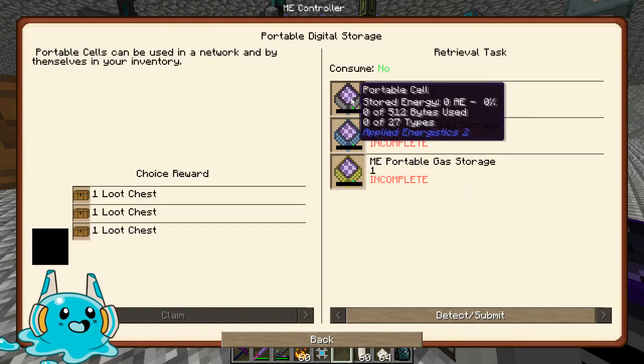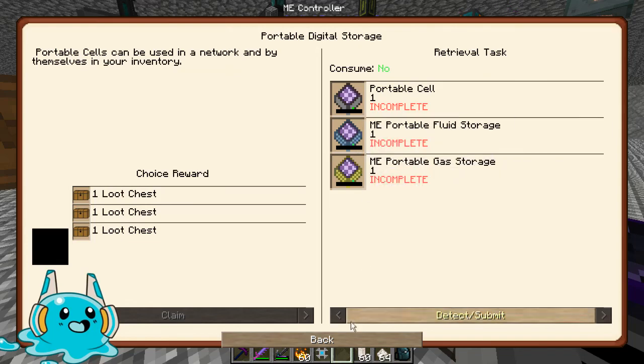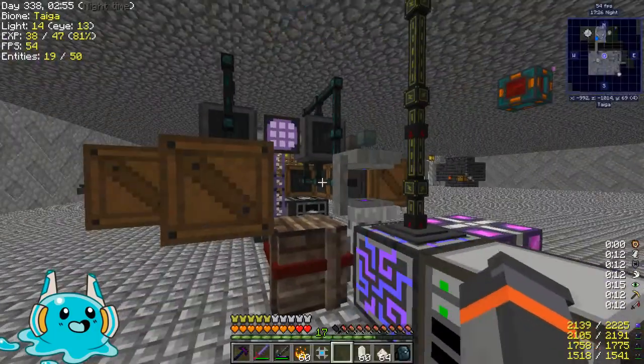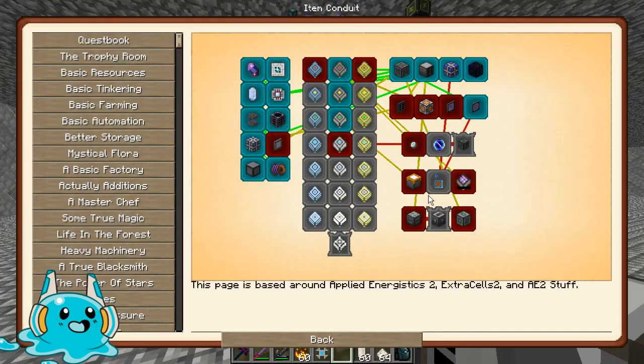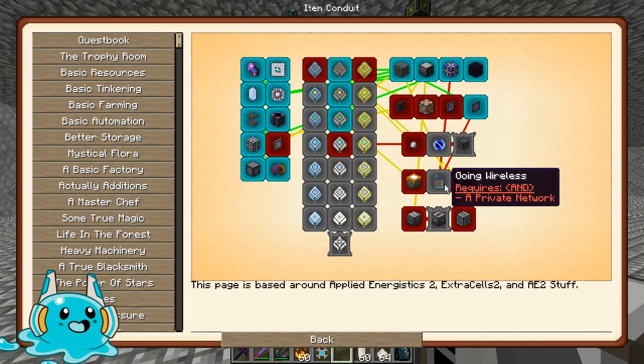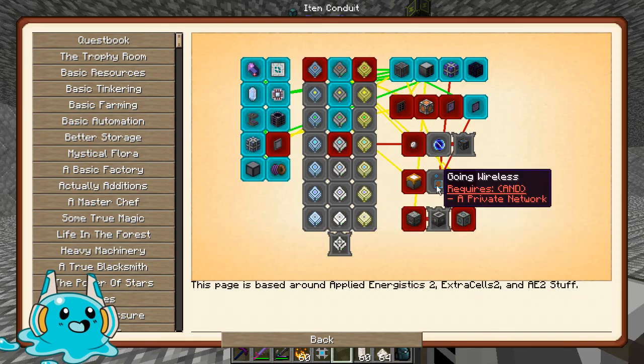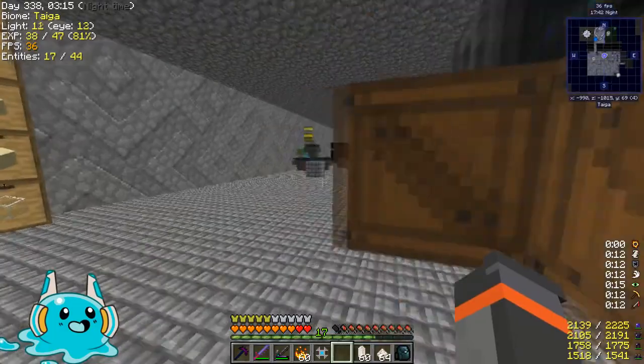Portable digital storage, the portable cell storage allows us to access cells that we keep in our inventory. So if I was carrying this guy around with me, I could access him from my inventory. Less important than getting the going wireless, which does require a private network. Going wireless allows us to make a wireless transmitter, and with the Infinity cards that we've been getting from the mob farm, we can use the wireless transmitter to